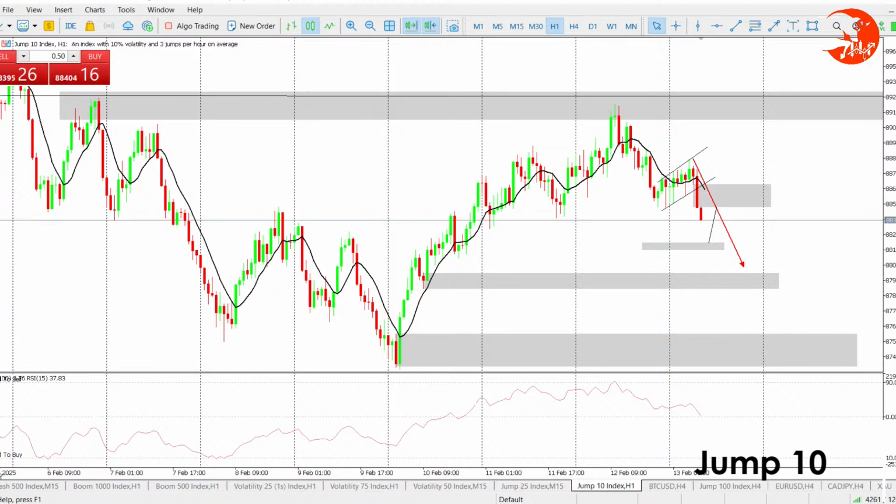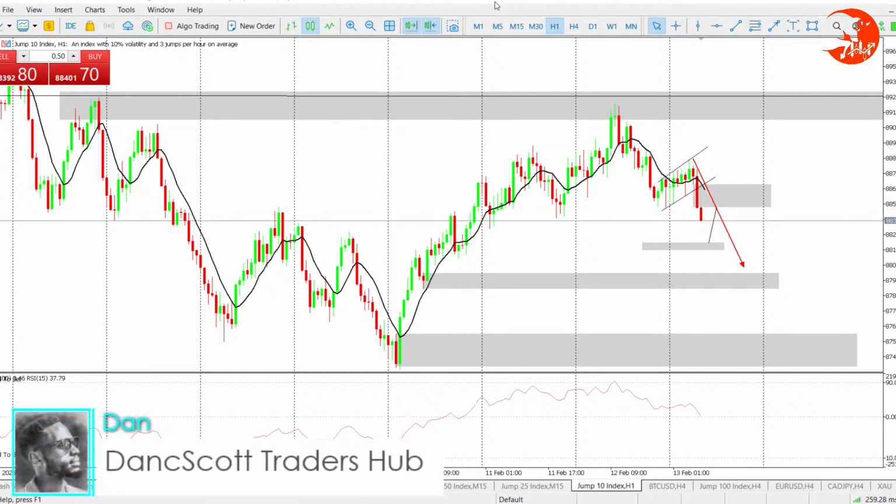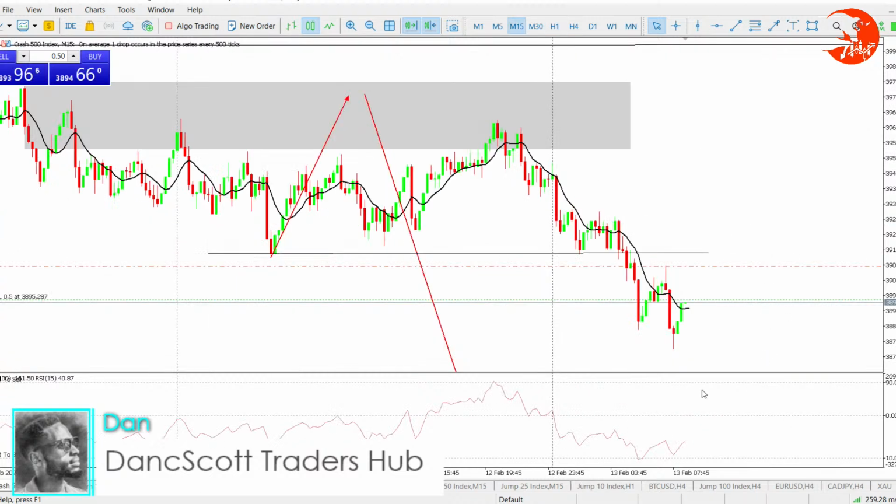A recap. So we started with Crash 500. And we were in a sell that gave us that money, but it is now looking at taking it, and I think we can move out before we make any losses. Yeah, that was a sell there, and now the buy is a bit confirmed according to